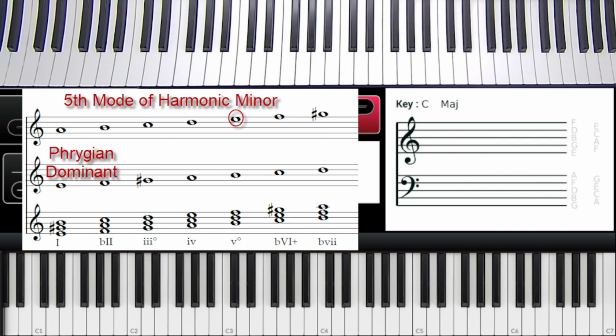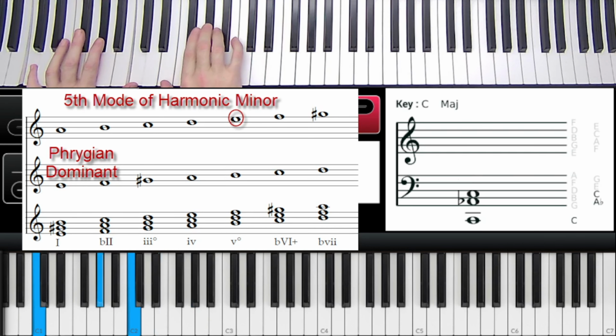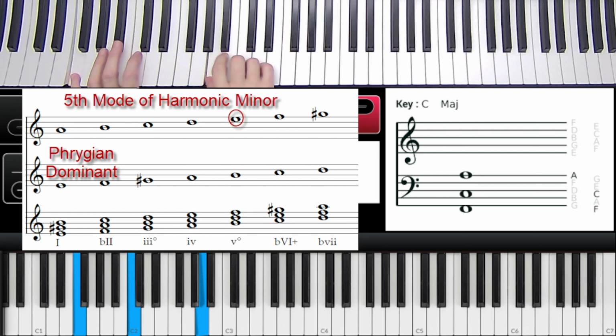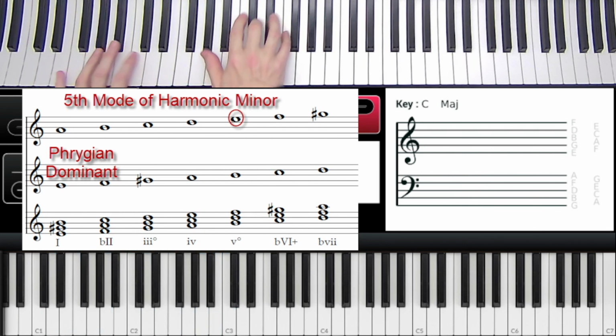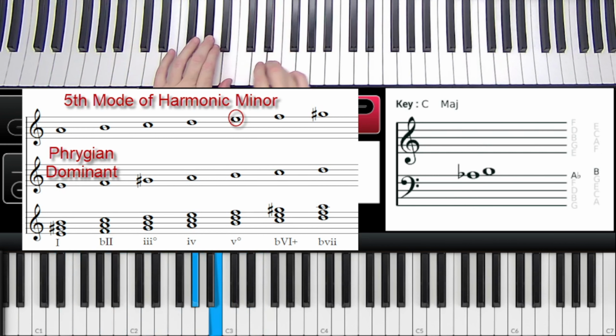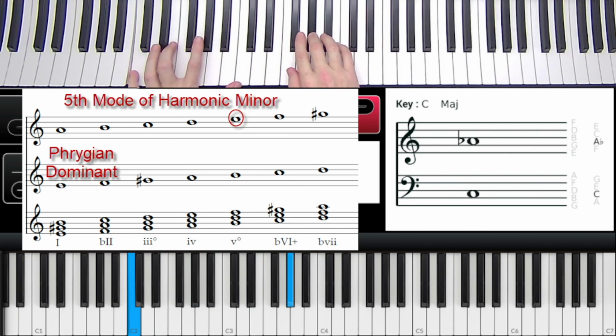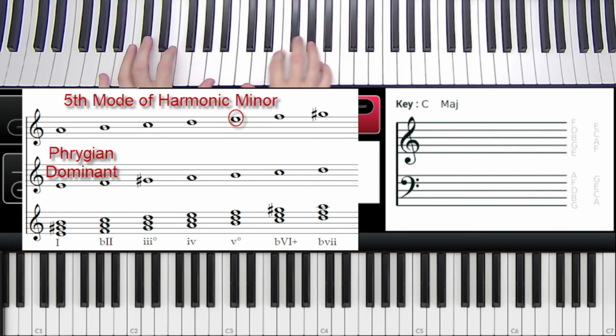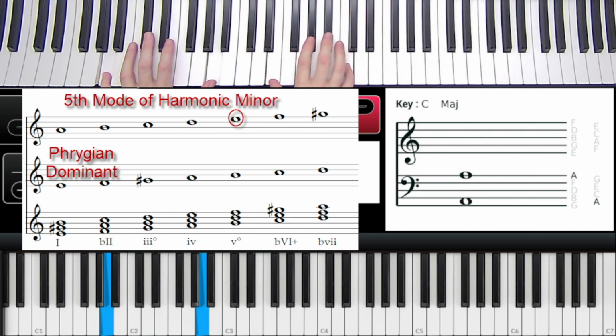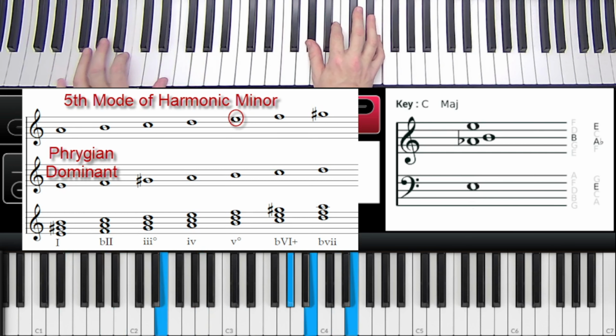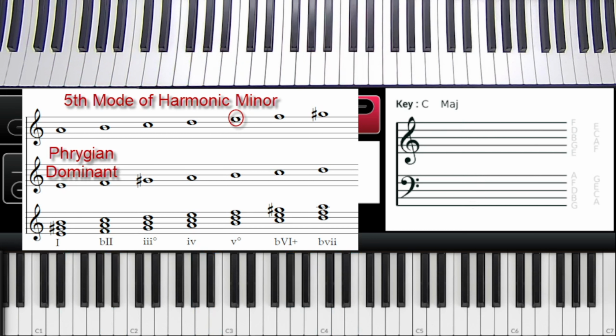Let's take the actual sequence we did before and then resolve it to the 2 chord first, and then on the second time resolve it to the 4 chord. See if I can remember this. Now this time I'll resolve it to the, just using passing tones and stuff, but